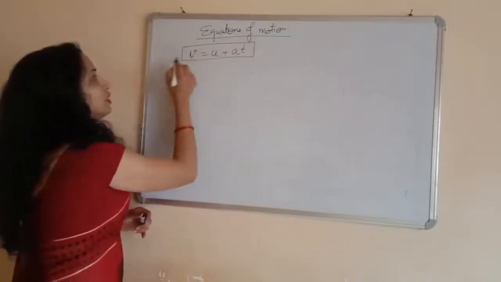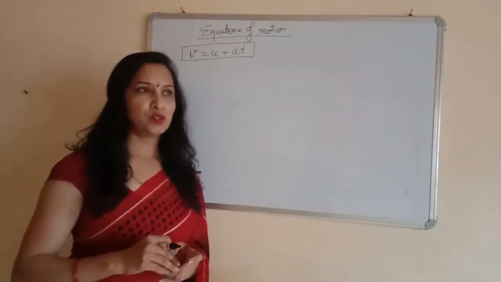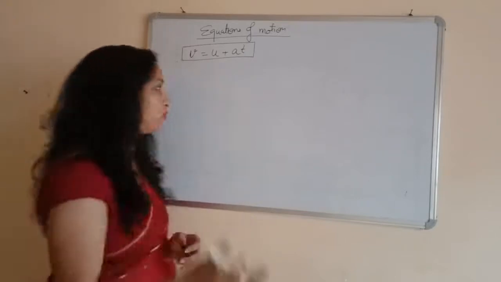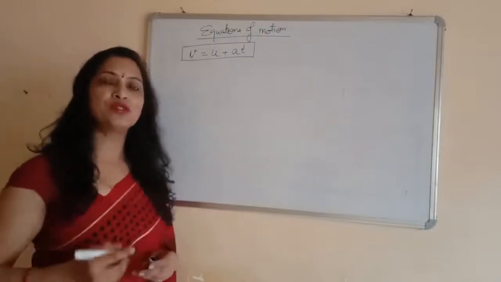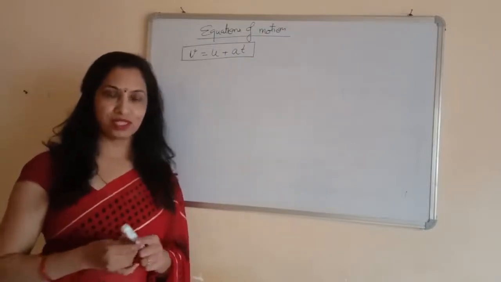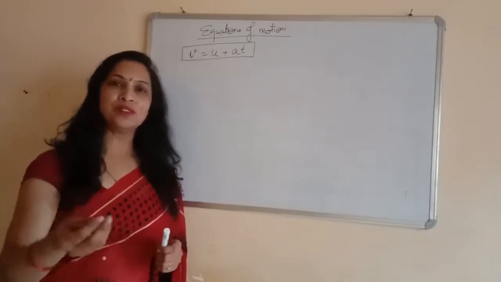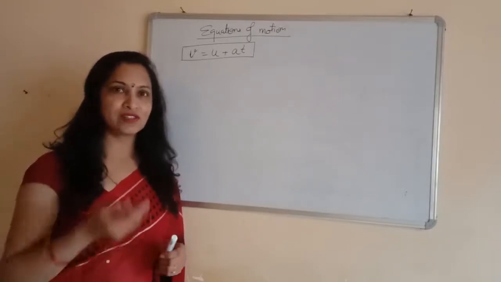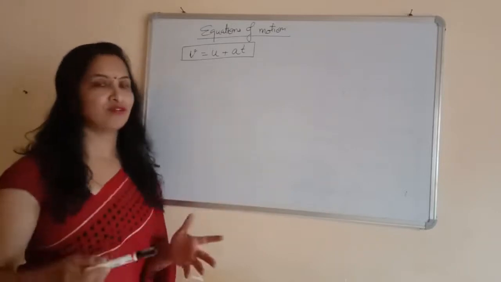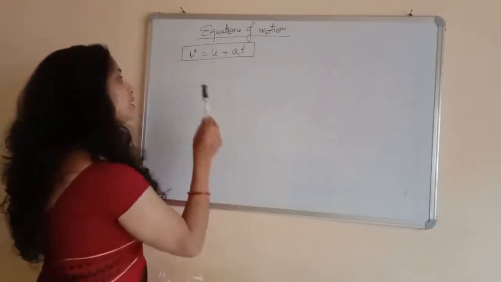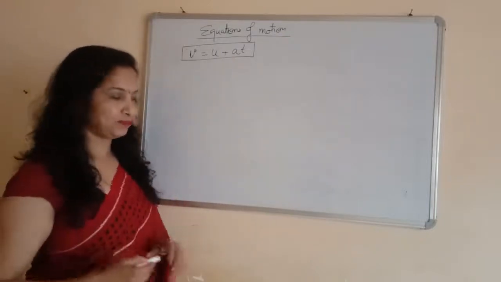We will also learn about the derivation of this equation of motion by graphical method. So I will explain you in the next videos. But now the first equation of motion is v is equal to u plus at. Suppose you have an initial and the final velocity, and suppose you have the time and you want to find the acceleration. So you can use the formula for the acceleration, that is v minus u upon t. Otherwise you can use this equation of motion for finding the acceleration. So by this equation of motion, you can also find the initial velocity, the final velocity or the time.